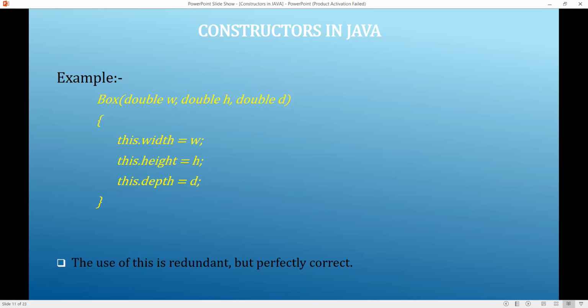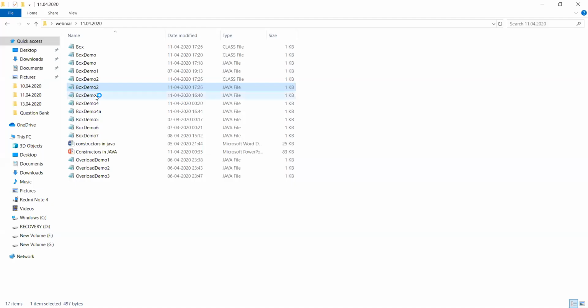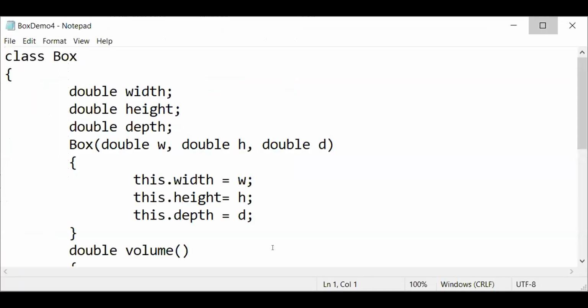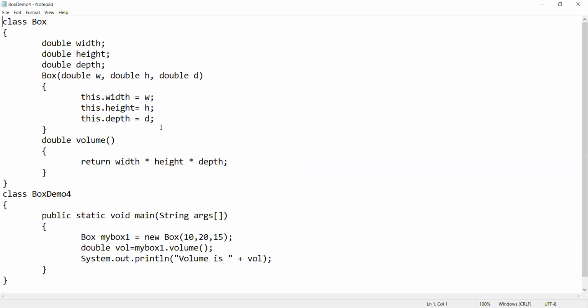So I will show you this program. Here is the same program we discussed earlier. Width is there, height and depth are there.